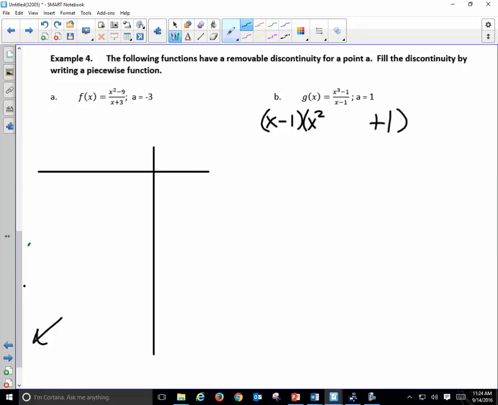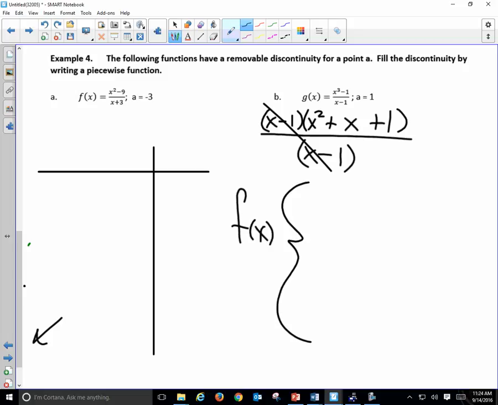Multiply the two, x, and it's opposite this sign. That's how we do difference of two cubes and sum of two cubes. Divided by x minus 1. What happens? So it wants to look like that quadratic, okay? So I will write the function. The function will be x cubed minus 1 over x minus 1 for all x values except